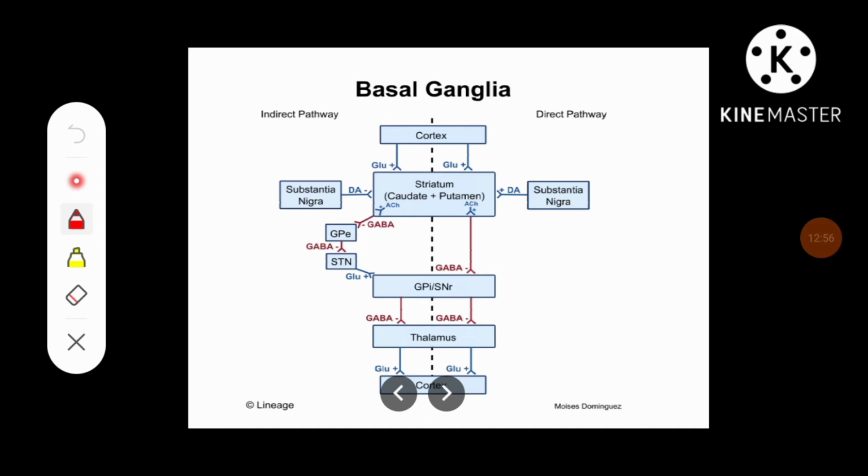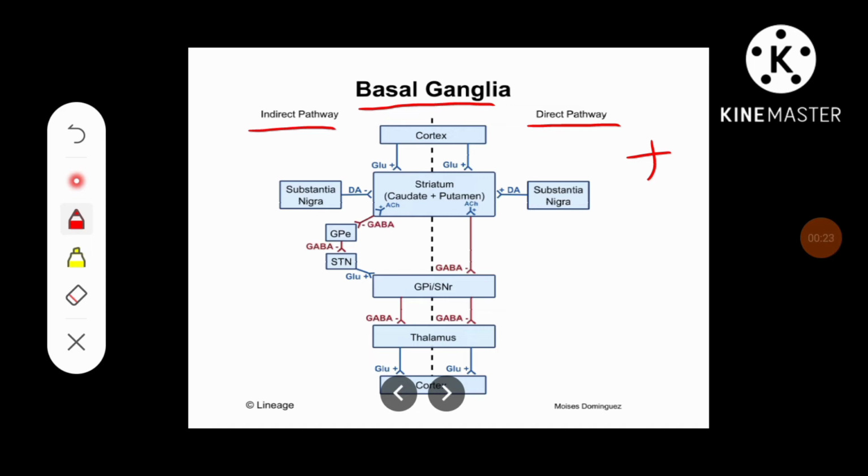So here you can see the importance of substantia nigra. This is the diagram showing the basal ganglia, the direct pathway and the indirect pathway. The direct pathway is from cortex to striatum, then to globus pallidus interna, thalamus, and back to the cortex, where we studied that it always has a positive influence, that is